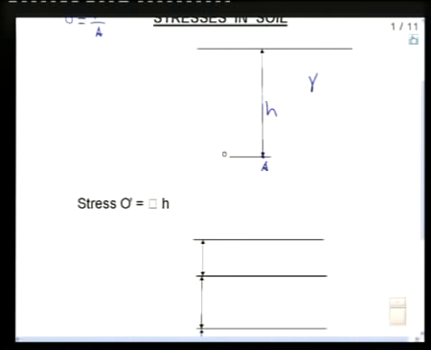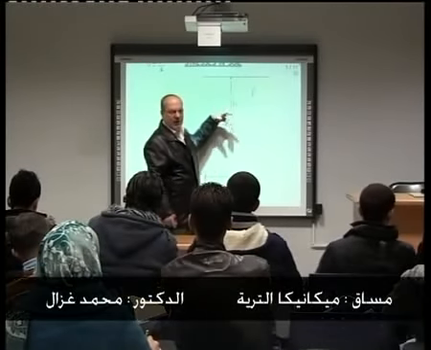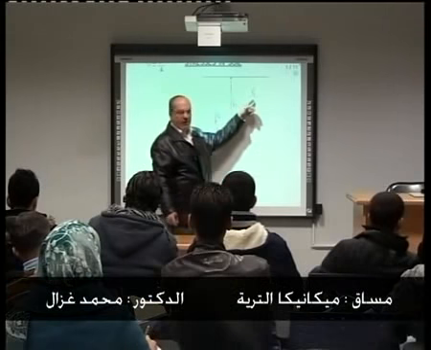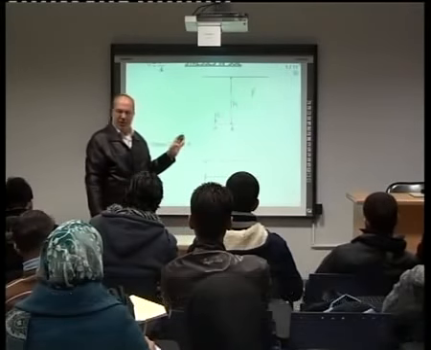At depth H. This is point A, okay? What will be sigma? Gamma في H. Unit weight multiplied by the height. Okay? Because the stress is the weight of all what we have above that point. And what we have here is soil, with a unit weight of gamma. So the height of the soil H multiplied by gamma, the unit weight of the soil, it will give us